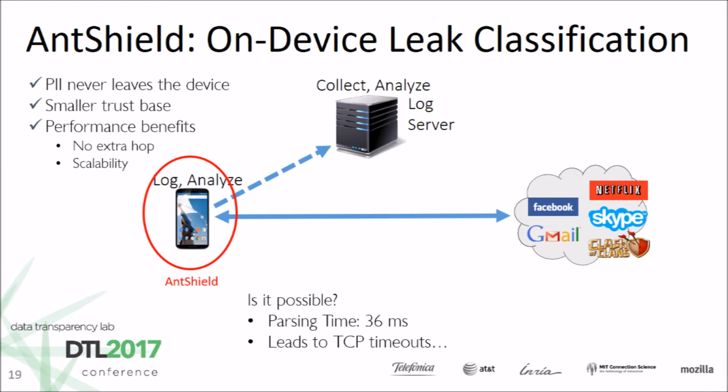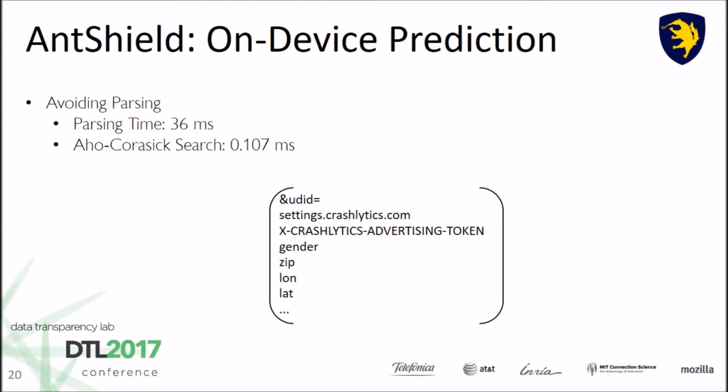the parsing time to extract the words took 36 milliseconds, which is not super good for a device. It leads often to TCP timeouts, so the pages were not loading when we just used off-the-shelf Recon. For them, it was OK, because it was on a giant server, and those are a lot faster than a small device. So we thought long and hard about how to fix this, and then how to avoid extracting all